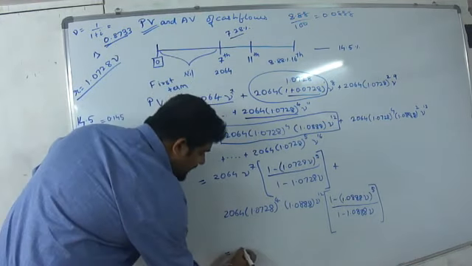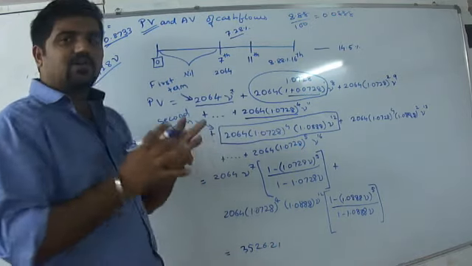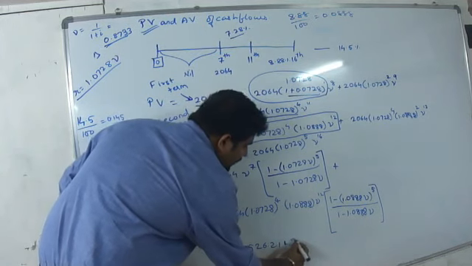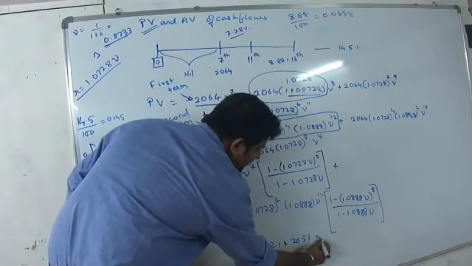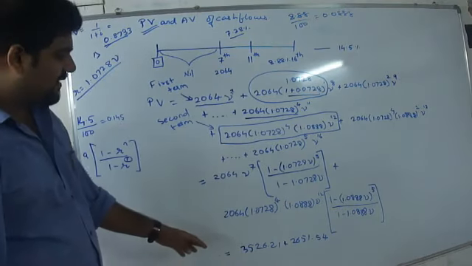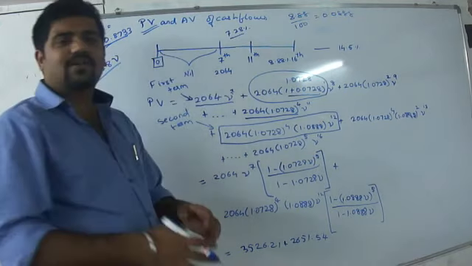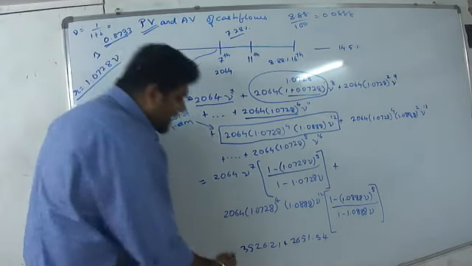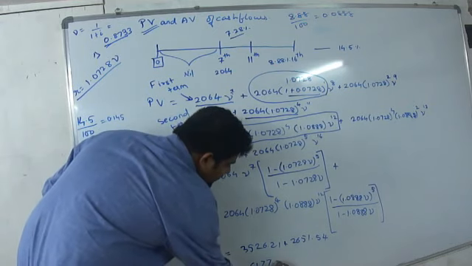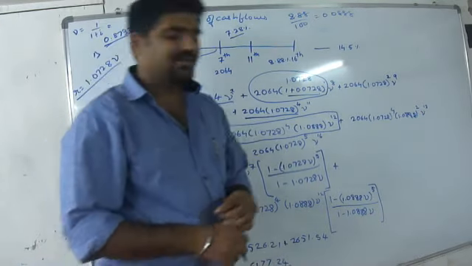The first term will be equal to 3526.21. How did we get this answer? And the second term will come to about 2651.54. I hope this is very clear. Now you can go to your calculators and you can add both these terms. You will be getting an answer of 6177.24. I hope this is absolutely clear.